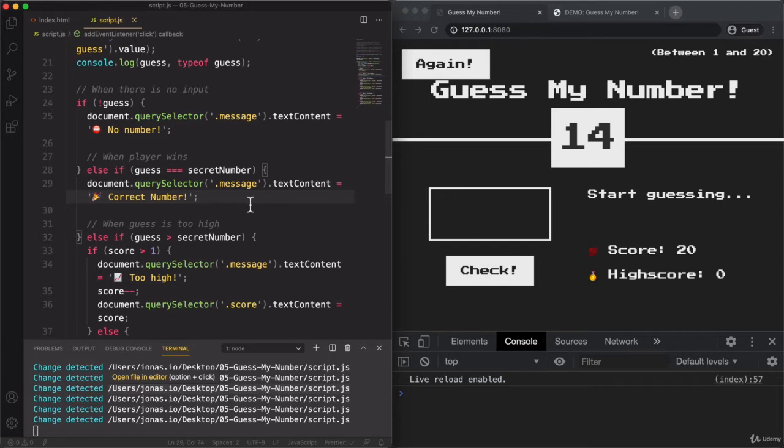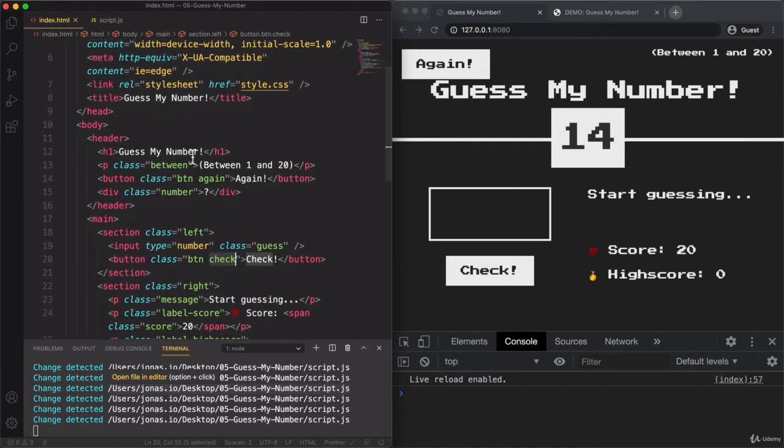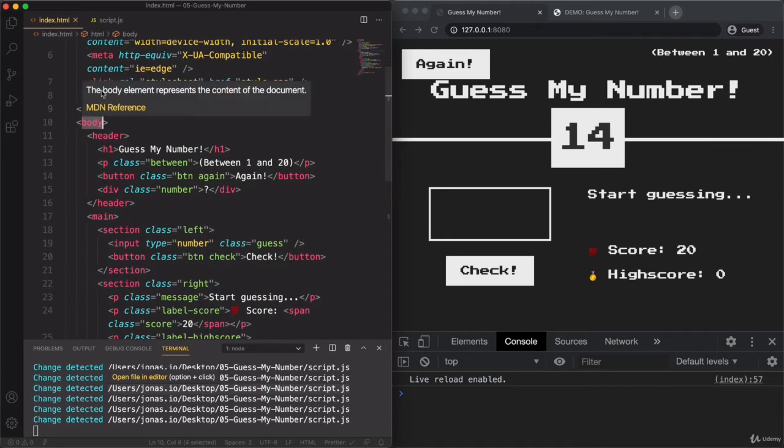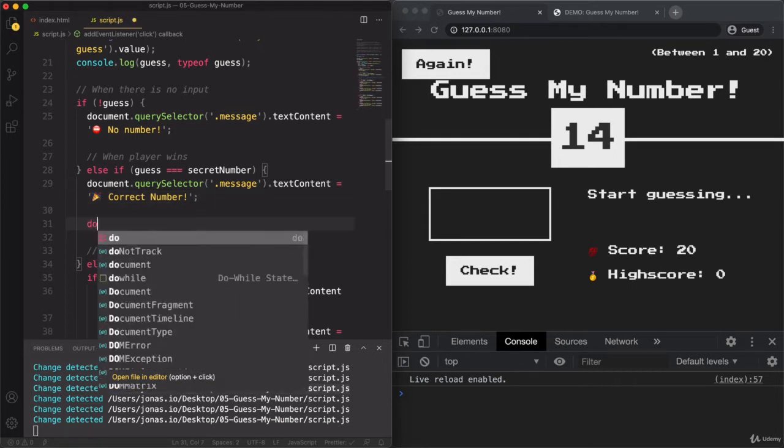So we want to manipulate the style of this whole page. And so what we need to do is to select the whole body of this page first. Okay, so the body is basically this entire visible part of the website. So it's basically this whole element. All right. So as always, we need to start by selecting the element that we want to manipulate. So